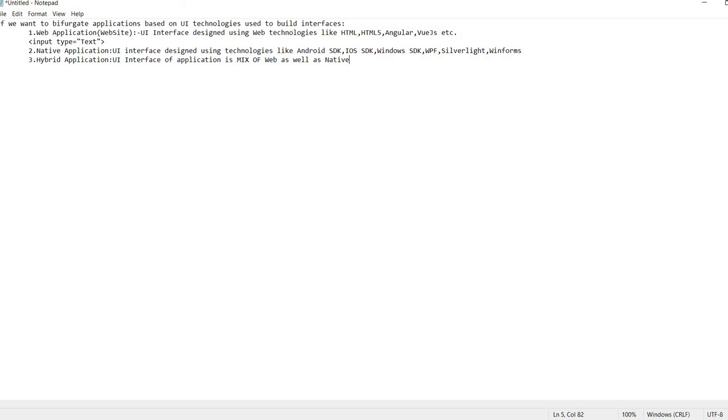This is one example. Another example of a hybrid application would be, let's say, on a form of my application I'm entering my user's details and submitting it. I'm clicking on a submit button, and that particular data is getting stored in some database, and I can see that change, or let's say there is a different interface allowed in our application where I can see the details of my customers.